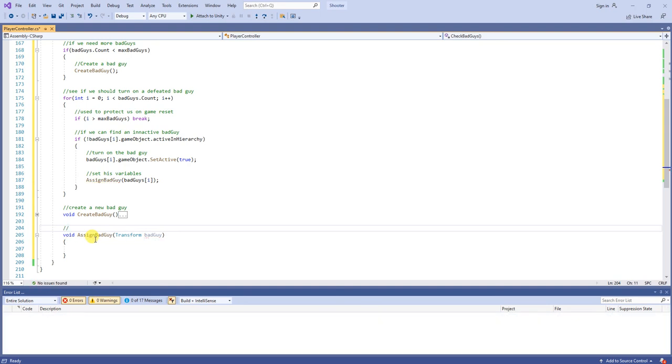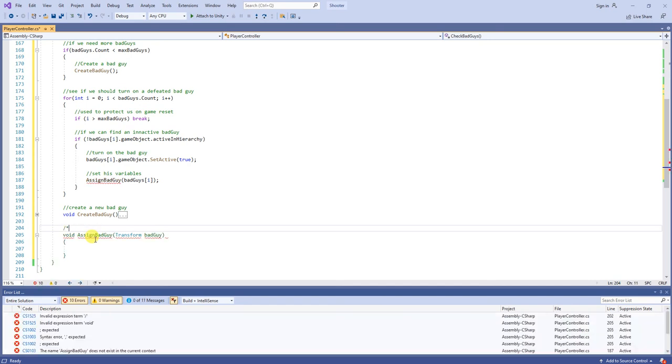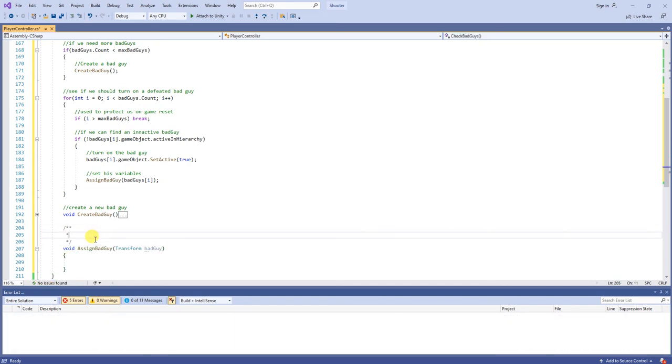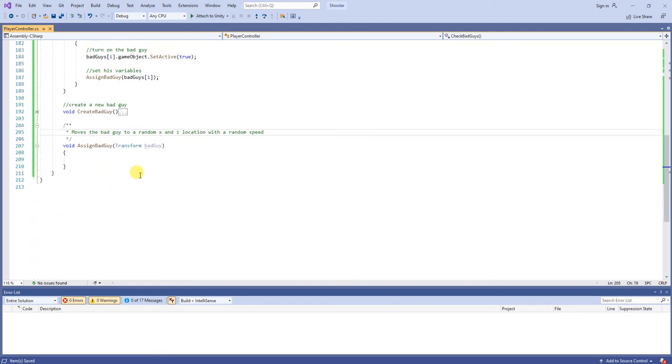So moves the, let's make it a multi-line. Okay, so moves the bad guy to a random x and z location with a random speed. And that's pretty much it. So for now, we'll stop here. We'll finish the bad guy later